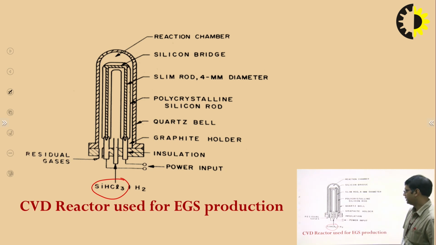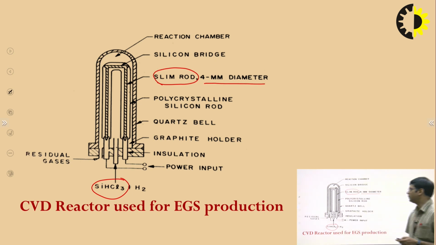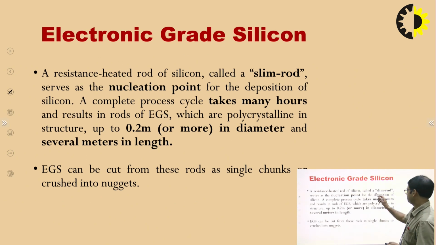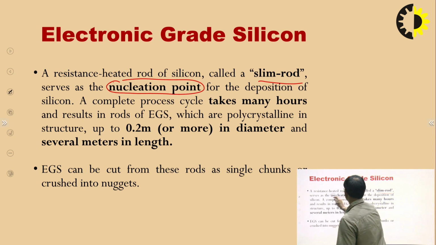Okay. Now here in this figure, we can see we have a slim rod of 4 mm diameter. This is the rod of silicon material and very thin, about 4 millimeter diameter. Why do we use this slim rod here? See, this slim rod serves as a nucleation point for the deposition of silicon,